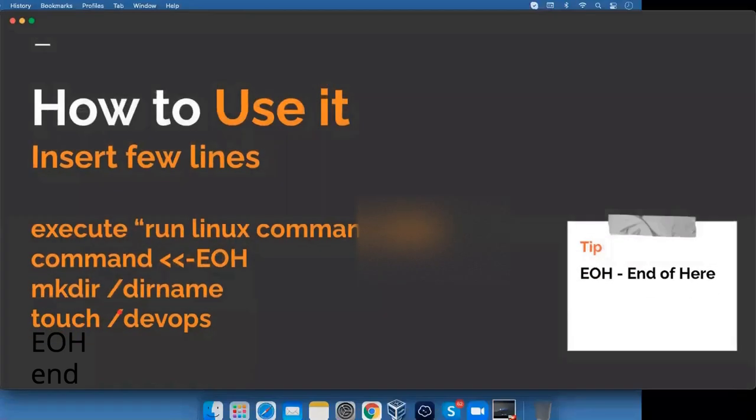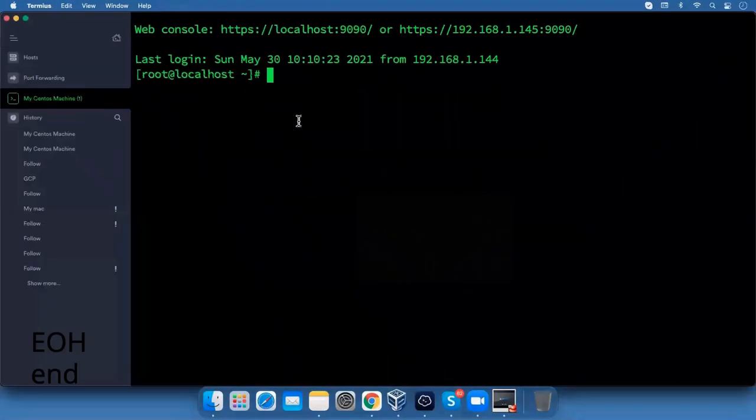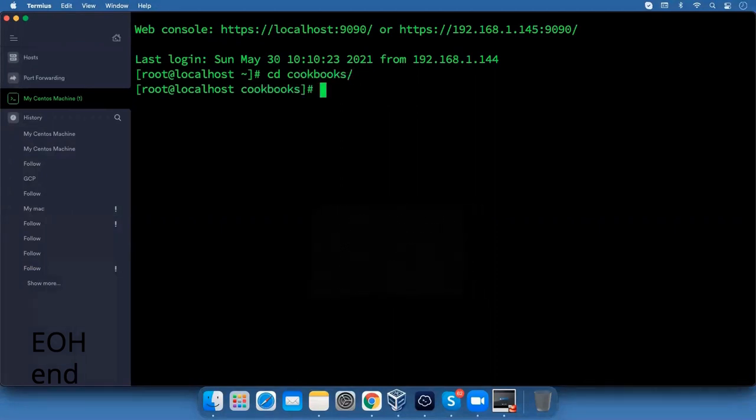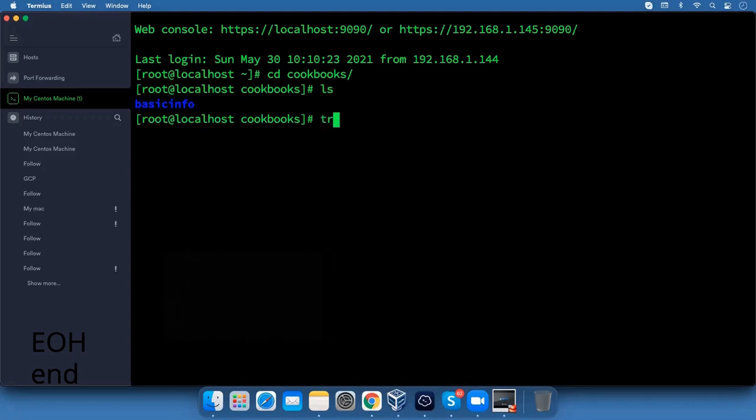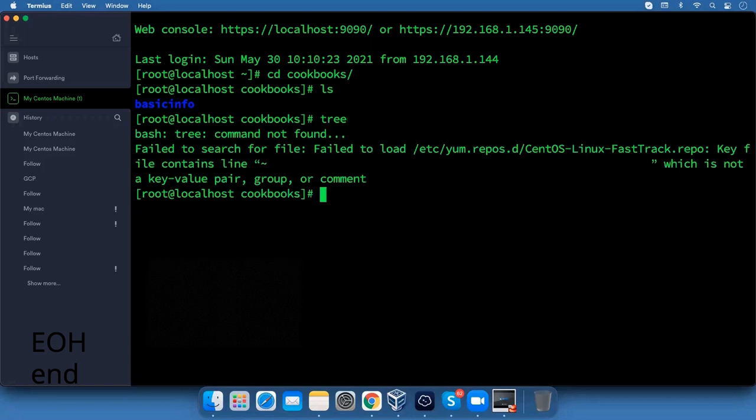So I'm going back to my Chef server. Here is my Chef server. First we need to go cd cookbooks, and here I created one recipe for my machine to get basic info of my machine. Let's check ls. The cookbook name is basic info. In basic info, let's run the tree command.